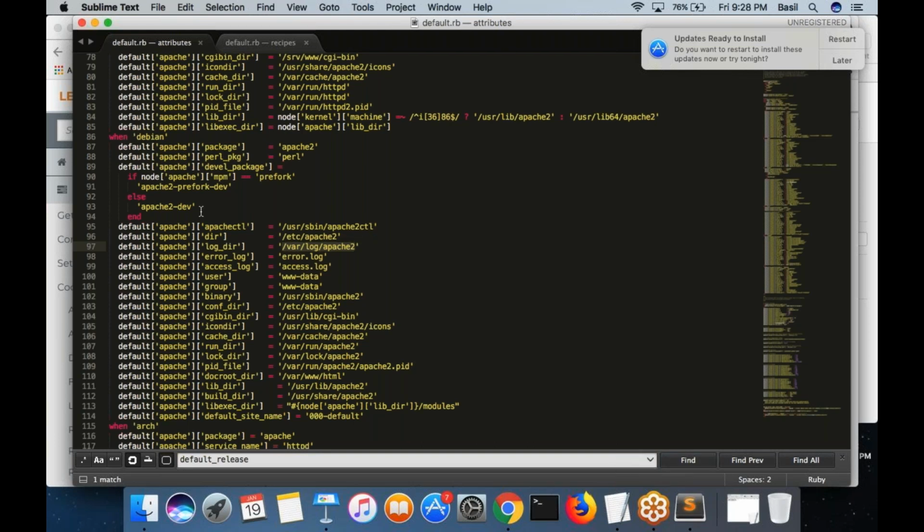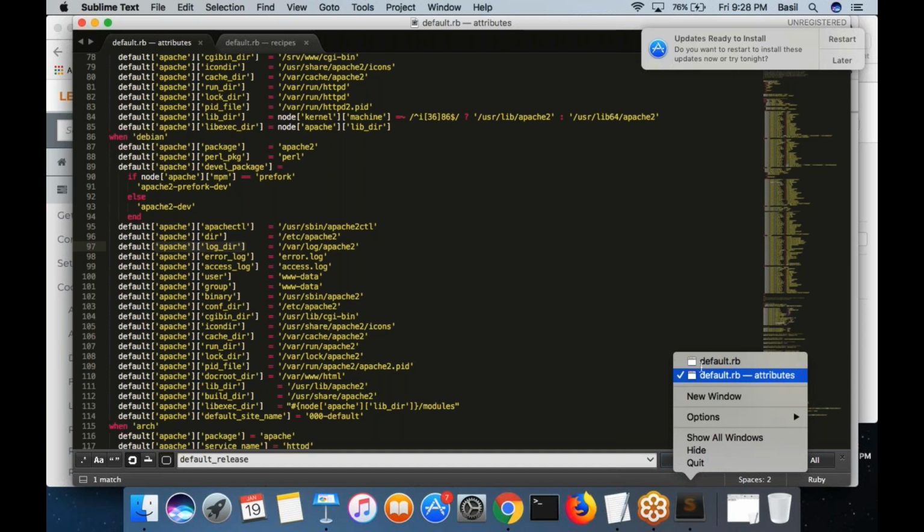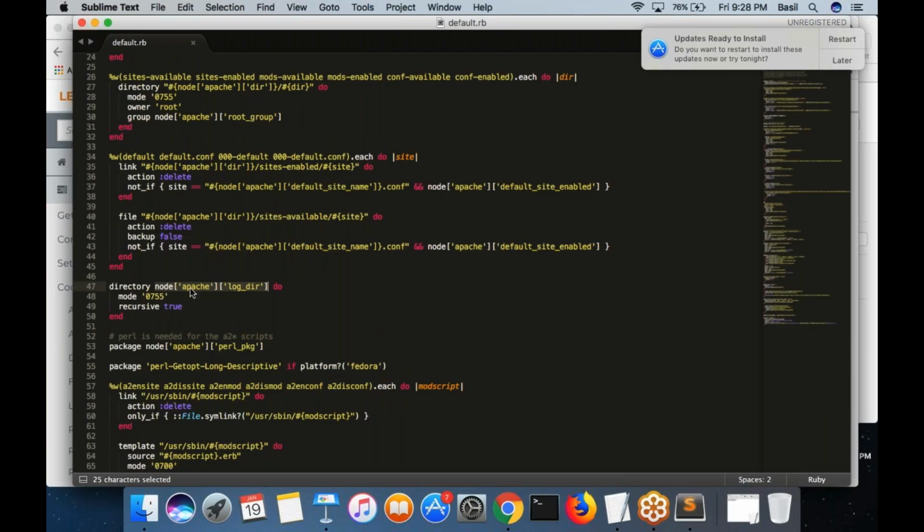So you are referring to this log directory. You are making the permission 755 for the log directory. Recursively means not only the folder, the entire folder hierarchy will get the 755 permission.